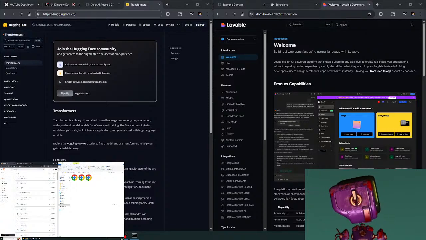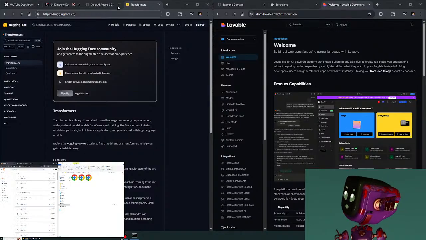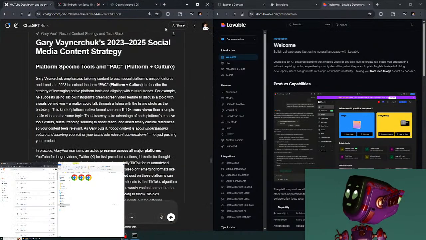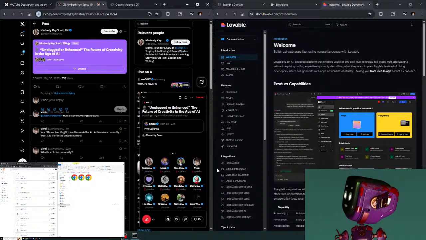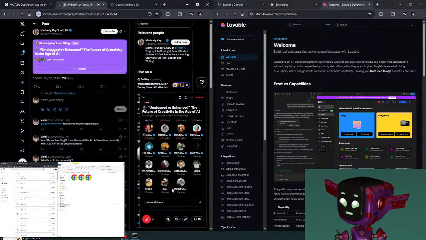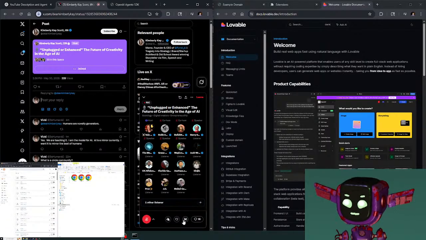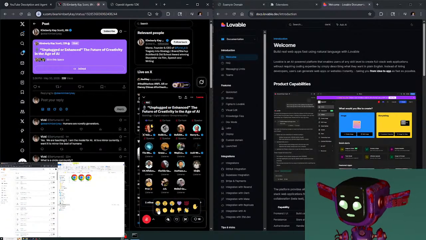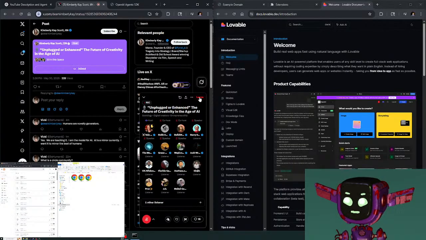Right in this area of enhanced creativity, we're going to bring up the analogy of Photoshop and photographers. Contrary to the fear that AI will replace human creativity, we talked about this at the beginning, it will actually enhance it in our view. AI handles those repetitive data-driven tasks, freeing creators to focus on strategy, storytelling, and emotion-driven content. I want to come back to that after this conversation, because what I feel